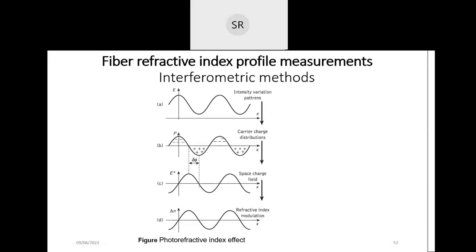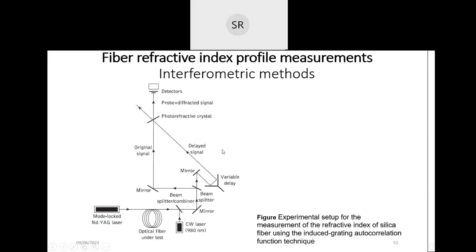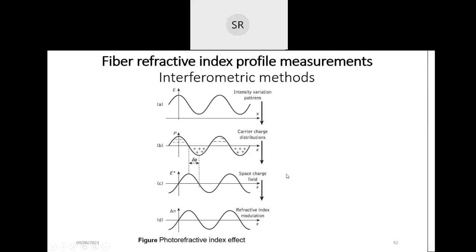So we can see the charge carrier distributions according to the variation in the intensity. Because of that variation in the intensity and the carrier charge distribution in this photorefractive crystal,